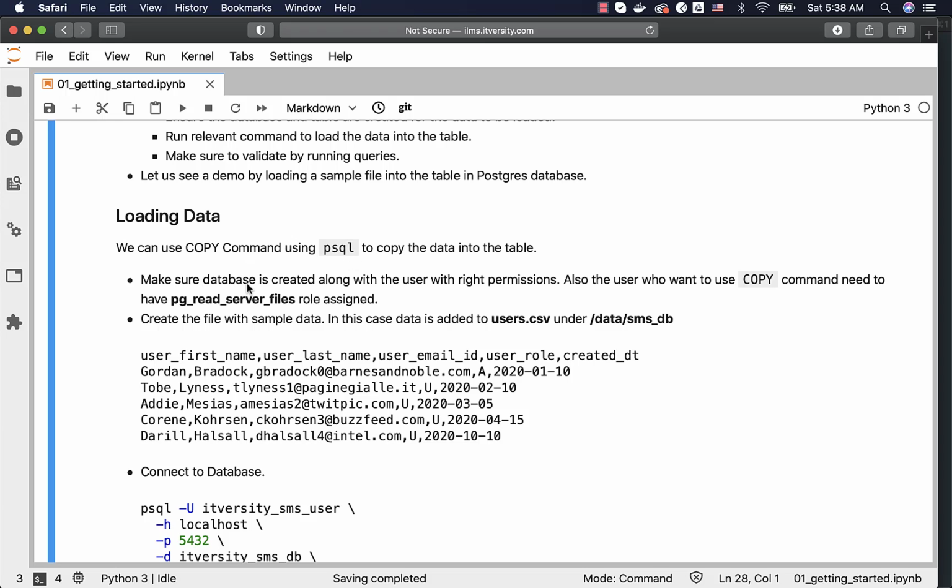We need to ensure that a database is created along with the user with the right permissions. Also, the user who wants to use the copy command needs to have this role assigned. If this role is not assigned, then the user will not be able to leverage the copy command to load data from files into the database tables. We have to create the file with sample data. In this case, data is added to users.csv under this location